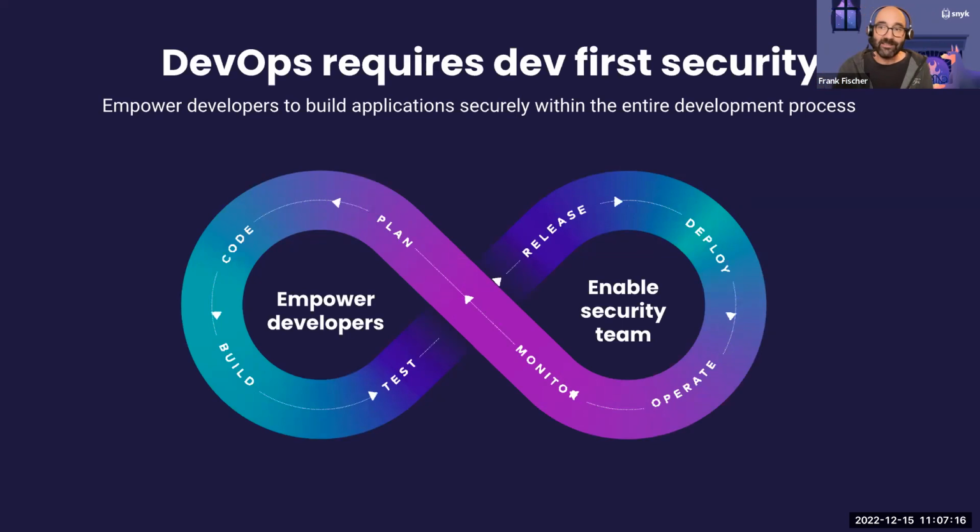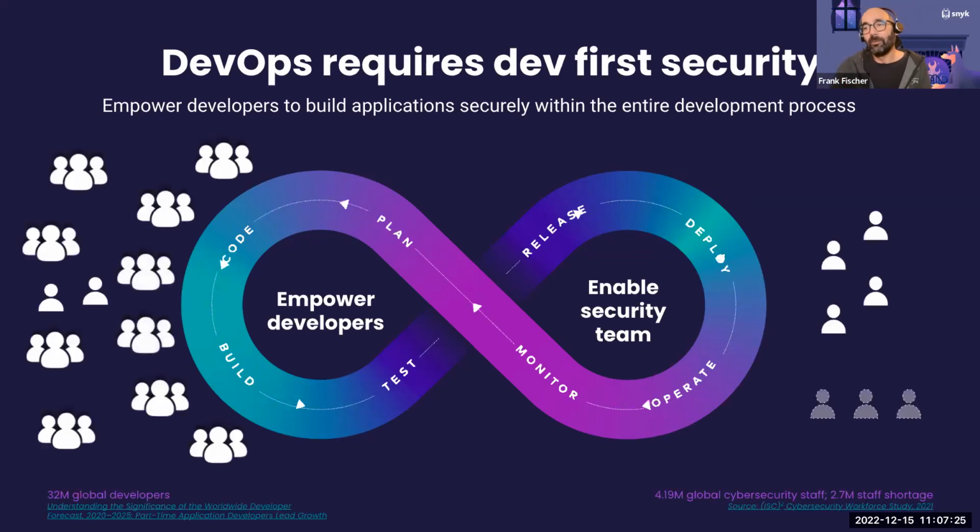The problem arises when you start to think about security in this nice process, and the reason is that we have on the one side millions of developers. According to one statistic I saw, there are literally 100 developers per security professional. So when you go the traditional way, security is kind of saved until one point inside of